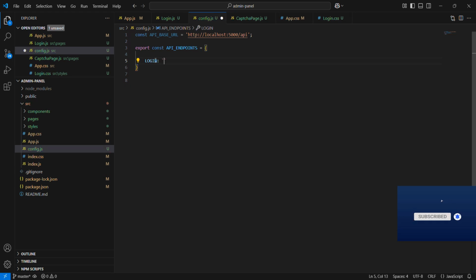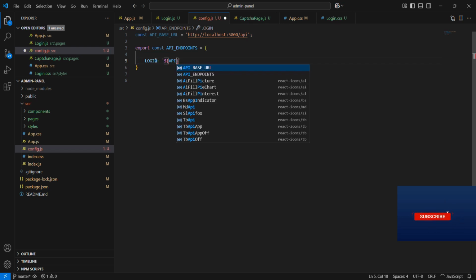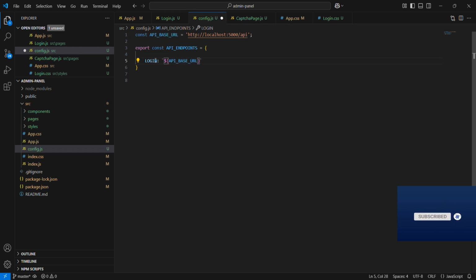Now we are creating an API endpoint for user login request. It will dynamically combine the base URL with /user login using backticks. This setup makes API management organized and scalable.